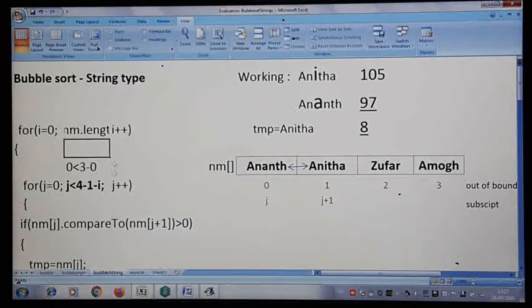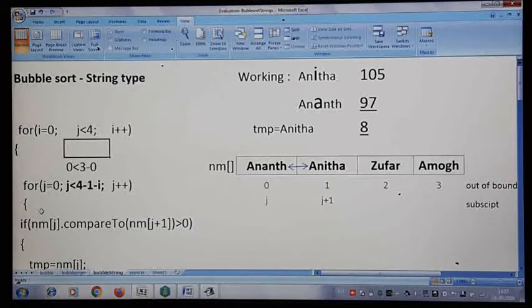So in that case, here you have to write length minus 1 minus i. That program I have given one more separately. Now let us write j less than 4 only, that is in the outer loop. In the inner loop, since we have only initialized the elements, we know how many elements are there, so we give the direct count.